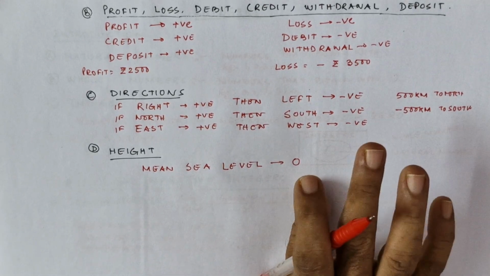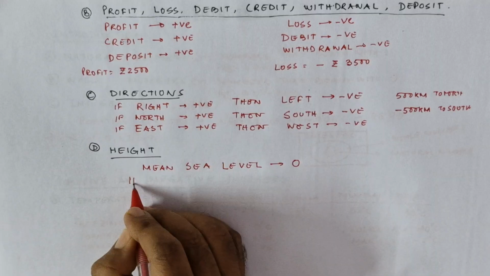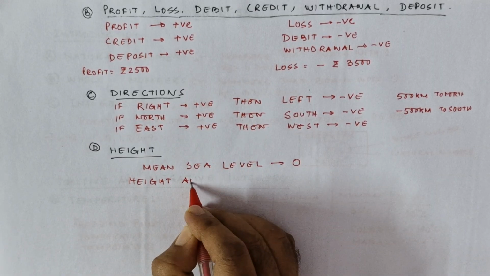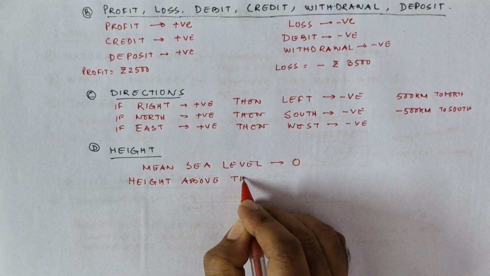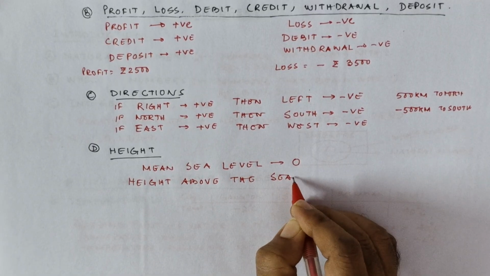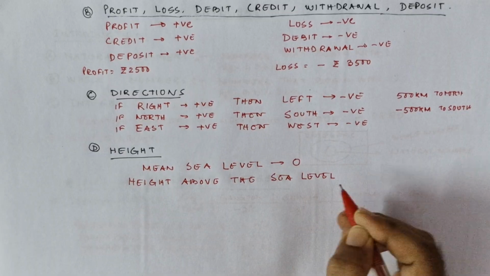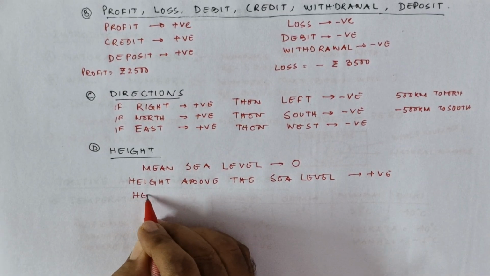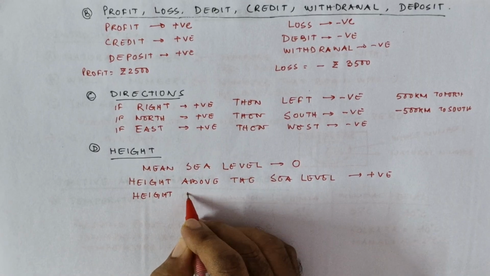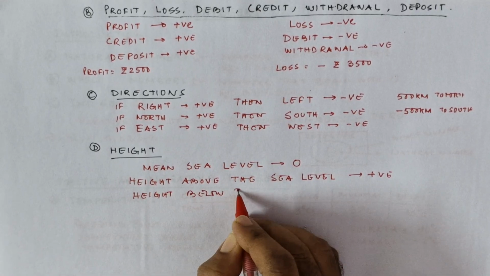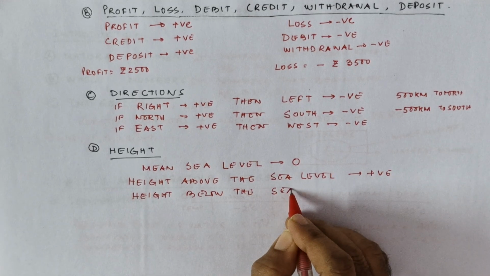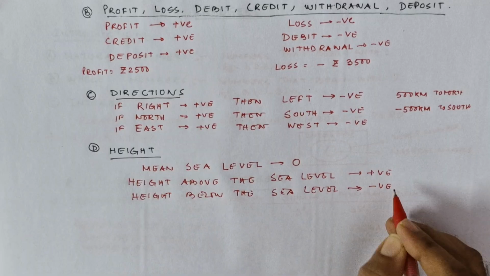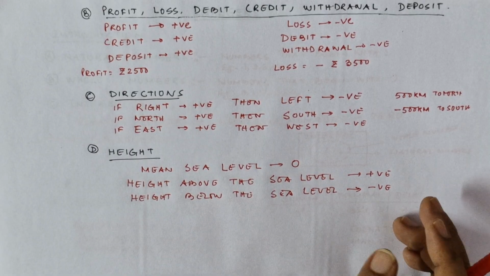So let me write: height above the sea level is positive, and height below the sea level is taken as negative. Got it? So for example, height of a mountain,